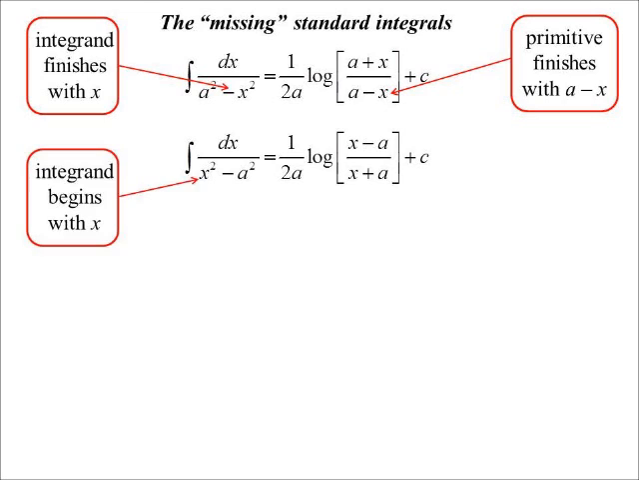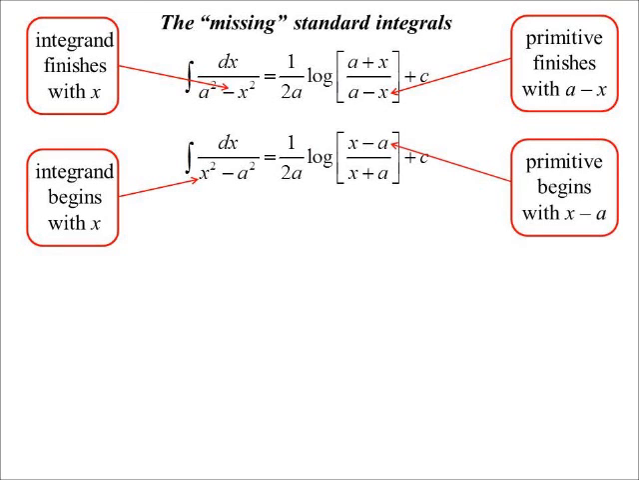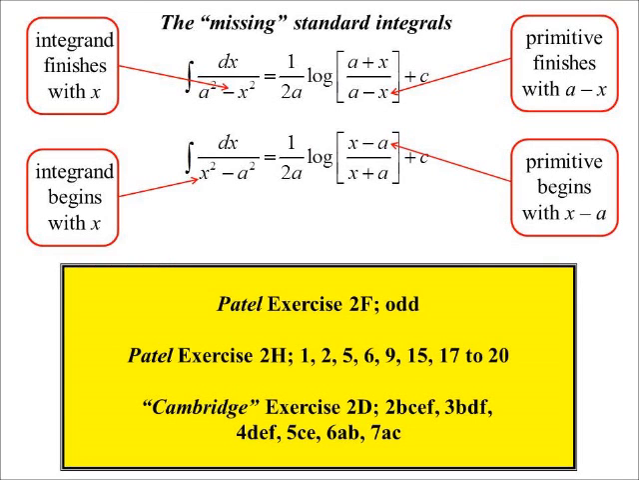We all know what's going to happen now. X squared minus a squared. Oh, look, integral begins with x. So primitive begins with x. All right. Oh, they were the old missing ones. And, of course, now the other missing one is that log of x plus the